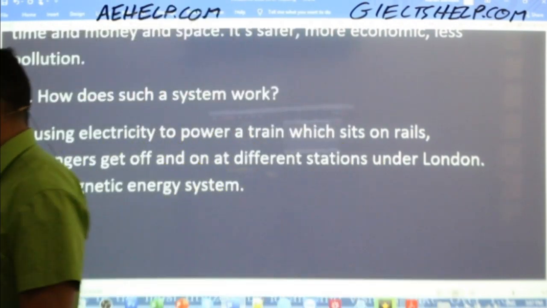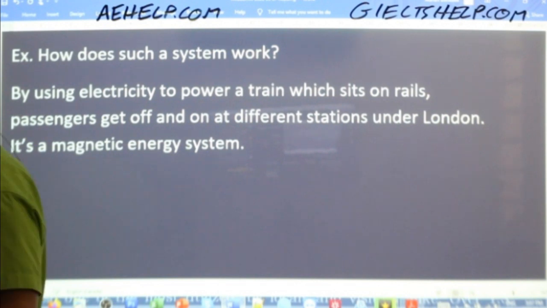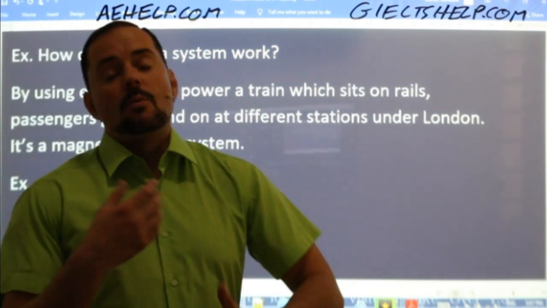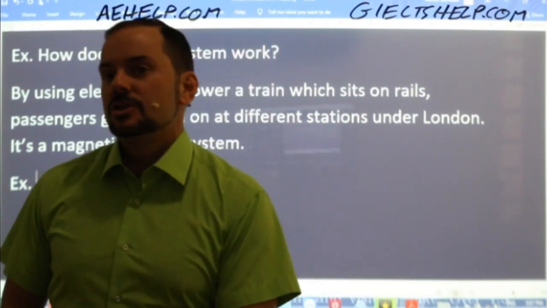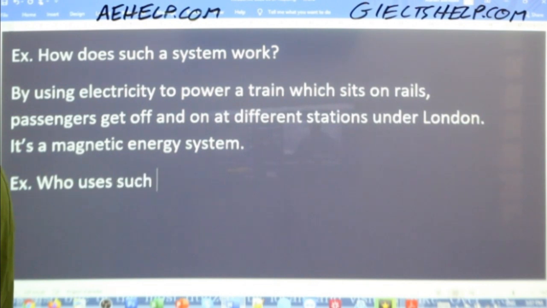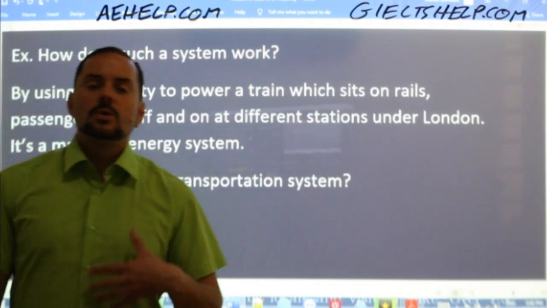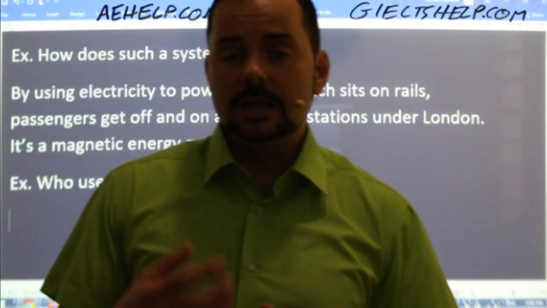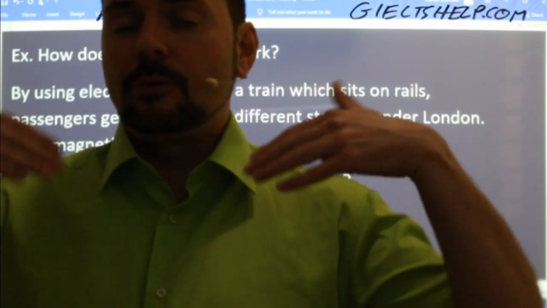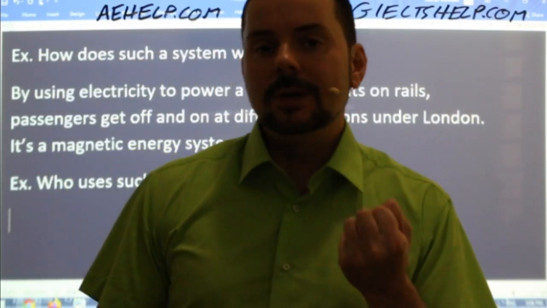So, let's ask another question. So, who? Okay, if you're a quick thinker, you can even go beyond the what, why, how, and go on to the who. So, who uses such a transportation system? Okay, the reason we're doing this is when we go through these questions in our mind quickly, before we read the passage, we prep or we prime our thinking so that we can understand what we read much faster.